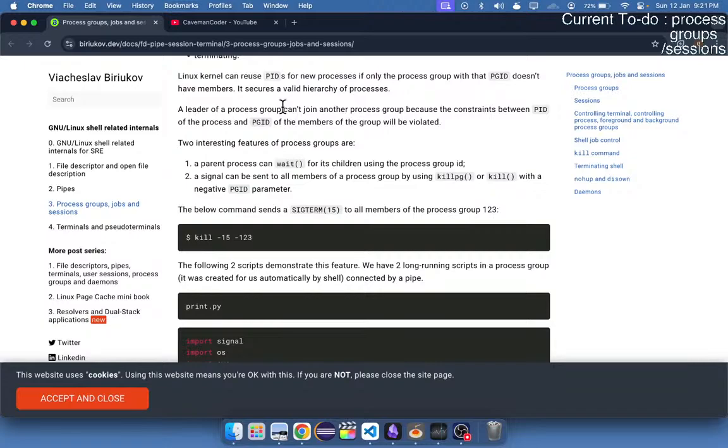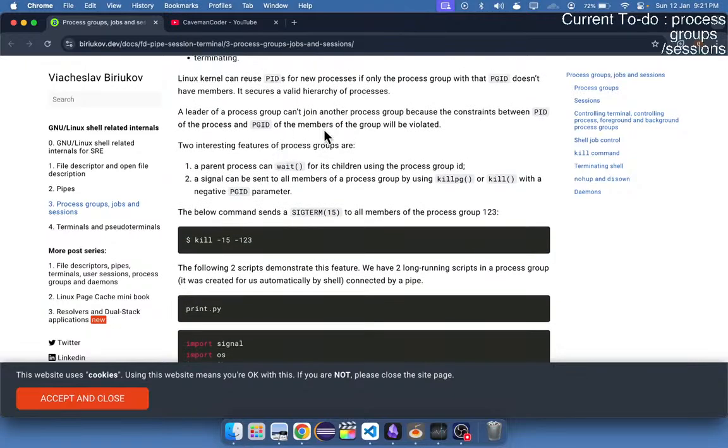If it ever leaves this process group and joins another process group, its PGID will be set to itself, which is its PID. Let me break it down. If this PID will be equal to PGID, and PGID means that it's unique,